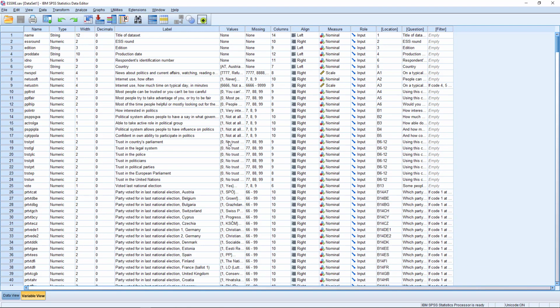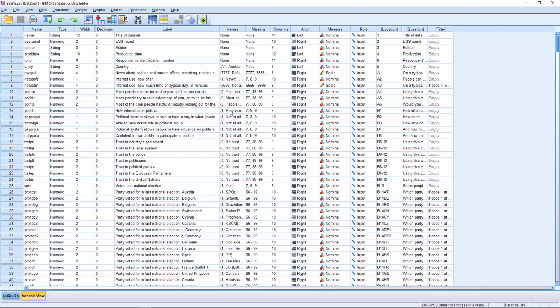The next thing we need to look at is the variable labels. If you remember back to what I said about level of measurement, what we typically do with a nominal or an ordinal variable is we translate the variable labels, that would be the options that the respondent gets in their question, into numbers. So we see here we have this variable on line 13, how interested are you in